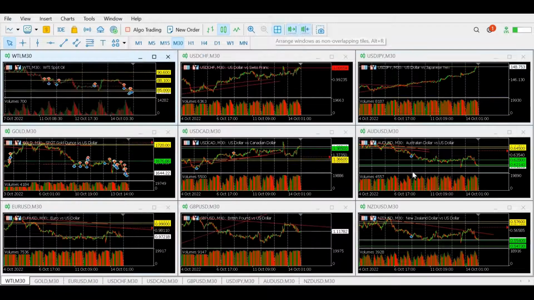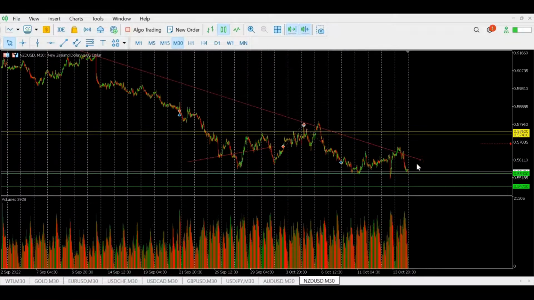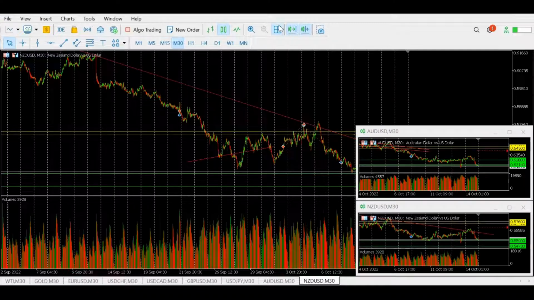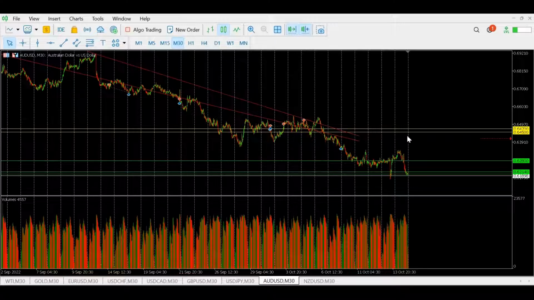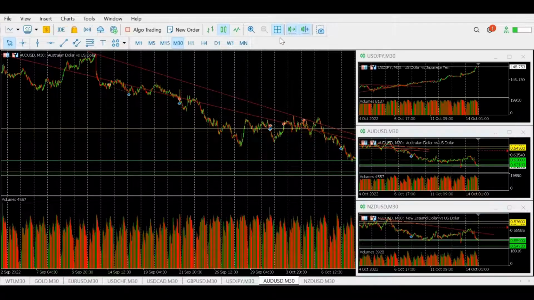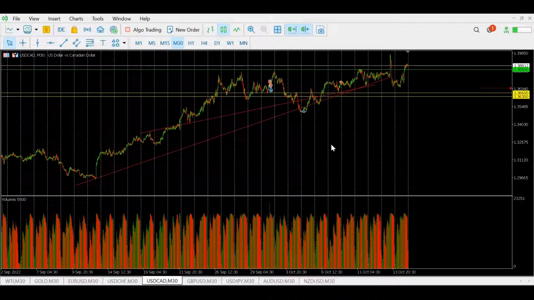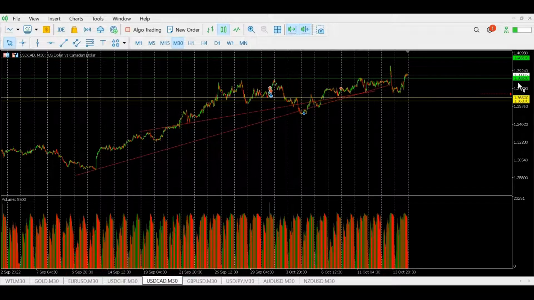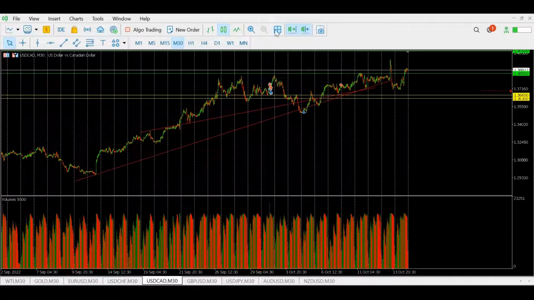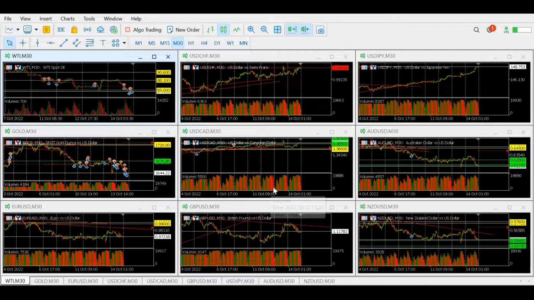Same we can see with the New Zealand dollar. Same we can see with the Australian dollar. If we get a test of our powerful entries, then we can expect a good run. The US dollar CAD also missed entry, literally by 10, 20 pips, both on Monday and Thursday, and it nearly jumped to target 1 and 2. So the euro pair, the US dollar pair this week didn't go